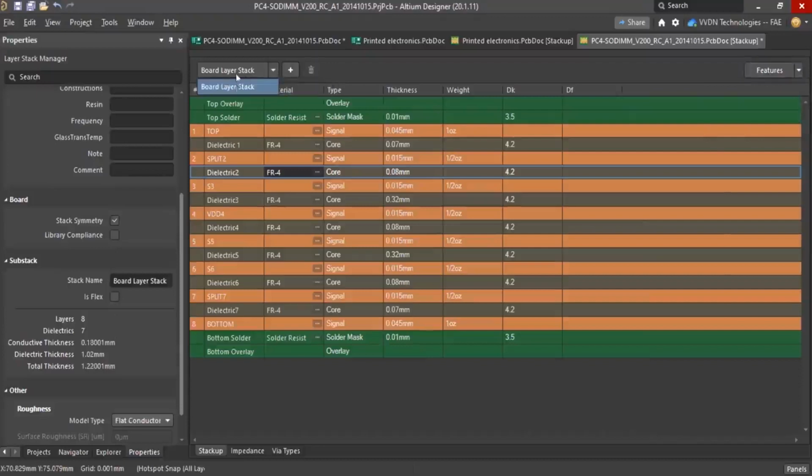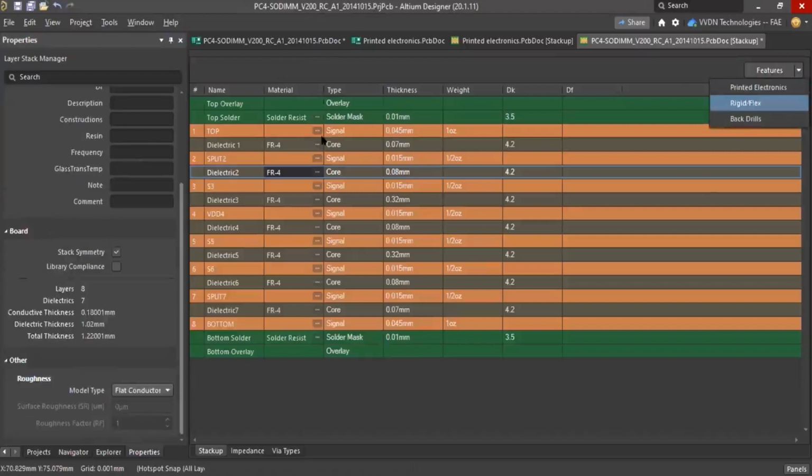So automatically it will be divided into two different stack ups.